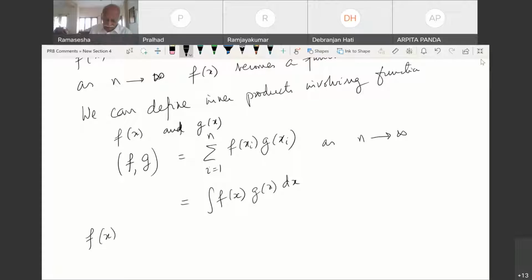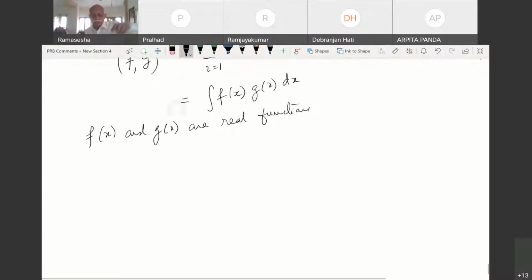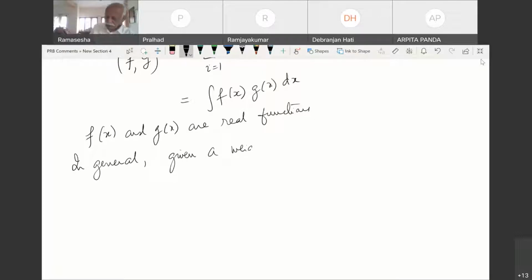So I'm not getting any of the real functions. Okay, so in general, given a main function, this is generalizing the concept of inner products, which is based on something that I did not discuss before, which is the generalized eigenvalue problem involving Ax equal to lambda times Bx, and B was what is called the metric, which is a positive definite metric. Okay, so anybody interested can go and look it up a little more.